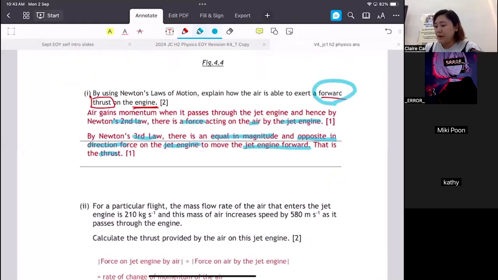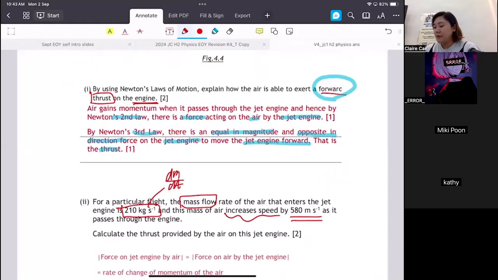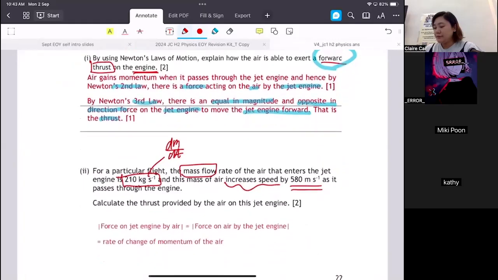Okay. So you see here, the mass flow rate of the air that entered the jet is 210 kg per second. So this is the one that we were saying just now, the dm/dt. And the increase in speed is 580. So this is actually the change in speed. Hence, it will give you the change in momentum. So to calculate the thrust,